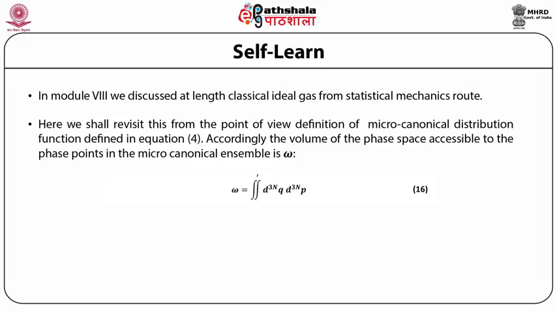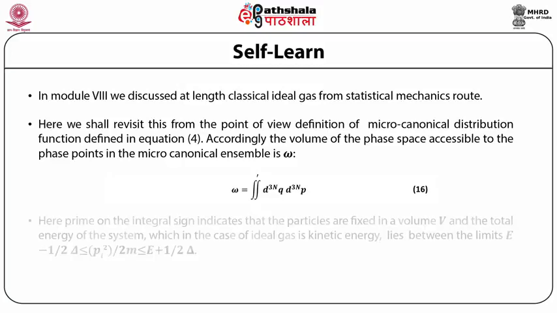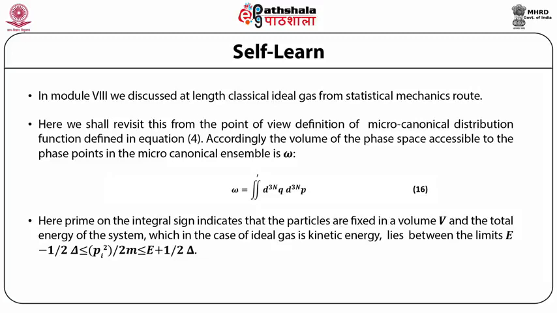Accordingly, the volume of the phase space accessible to the phase points in the microcanonical ensemble is omega, where omega is equal to an integral over whole of the phase space primed. Here, prime on the integral sign indicates that the particles are fixed in a volume V and the total energy of the system,